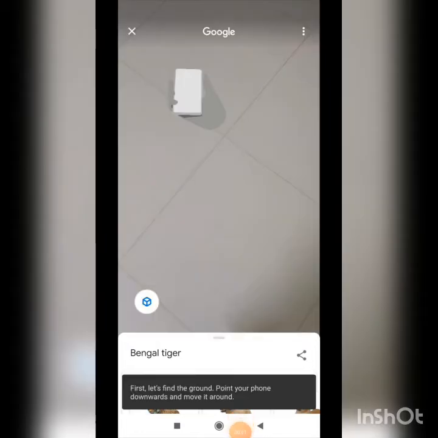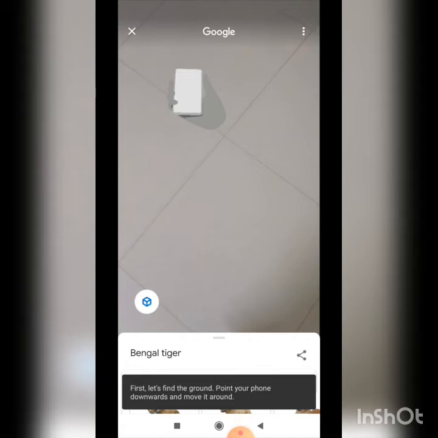Once you click view in your space, it will show this type of screen. You need to focus your mobile camera on one place which is sufficient to keep your object. Now we selected the tiger image, so the place should be sufficient. You can see here: first let's find the ground.